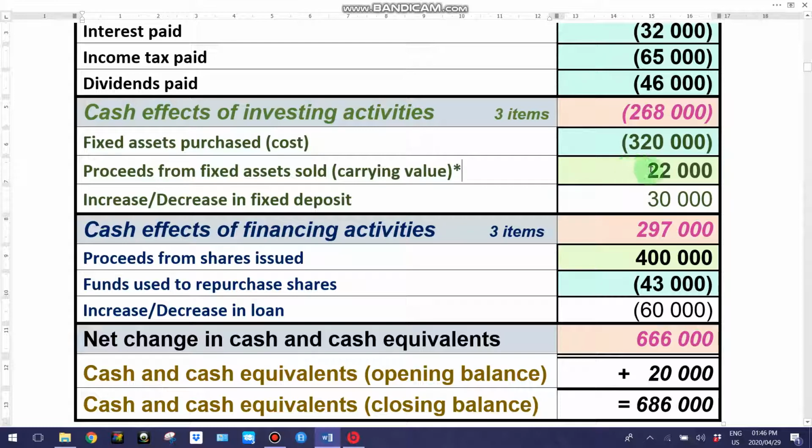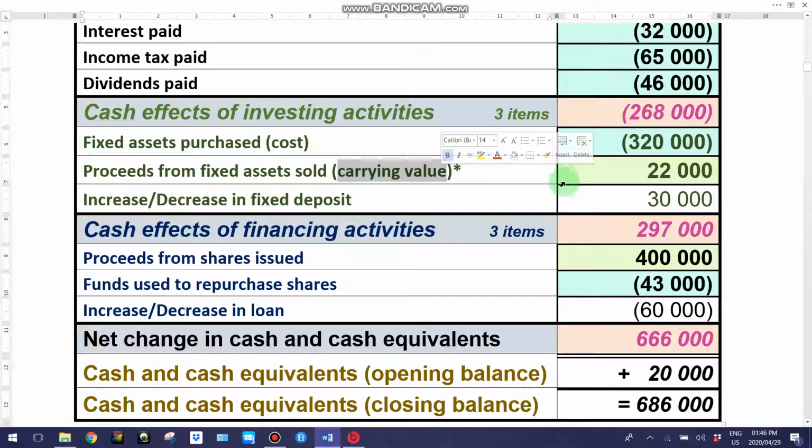Okay, so that's a bit of good news, where we're not going to work out profit or loss on sale of asset. We are just going to simply look at any fixed assets that we sell. We are selling them at carrying value. So that is why sometimes in an exam paper, they would not even give you the amount. They will say fixed assets sold, and they expect you to calculate the amount that you received for selling this fixed asset, and then all you need to do there is calculate the carrying value of the fixed asset that